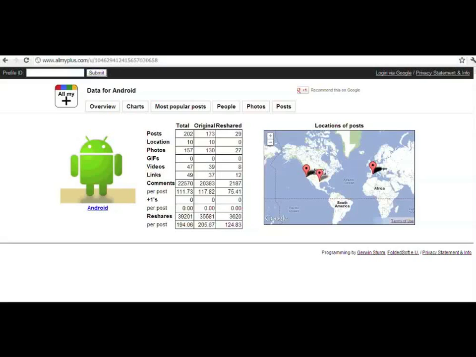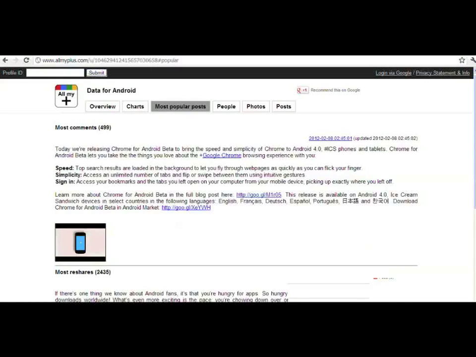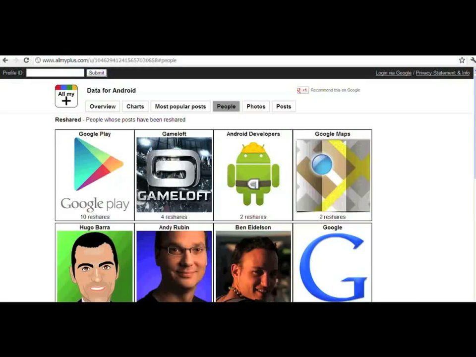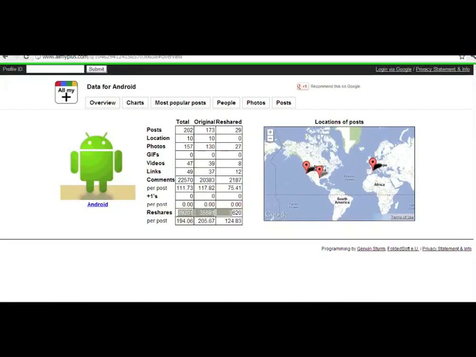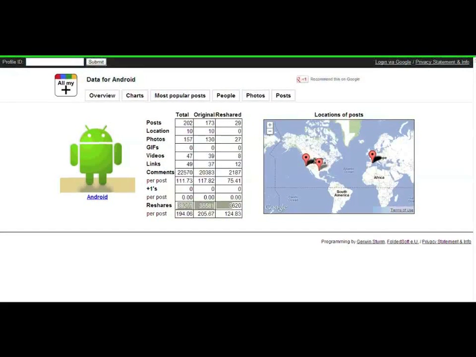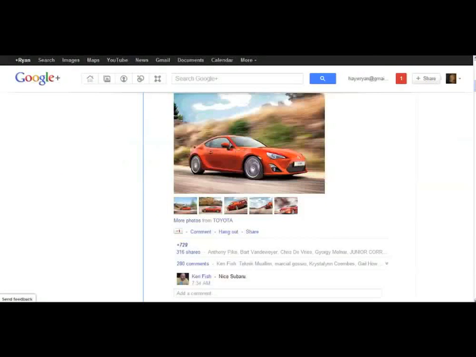So you can see how many posts Android's made, how many plus ones, and looks like this data is not up to date since they've had more plus ones than this. How many times their content's been reshared, and then you can get stats per post. You can also view a number of charts like activity over time, user engagement over time, what their most popular posts are, people following you, et cetera. So again, these are through third-party services while we're working on our nice user interfaces and getting everything built perfectly. These are some of the third-party tools that you can use to measure your performance.